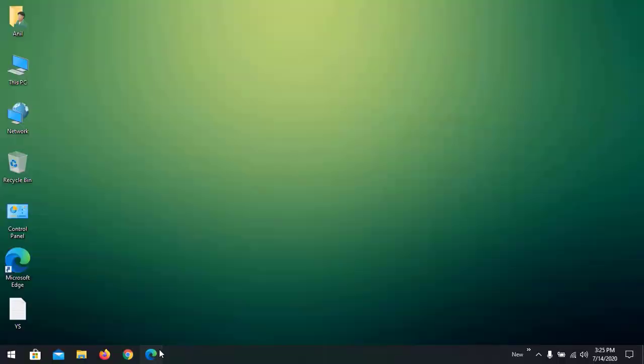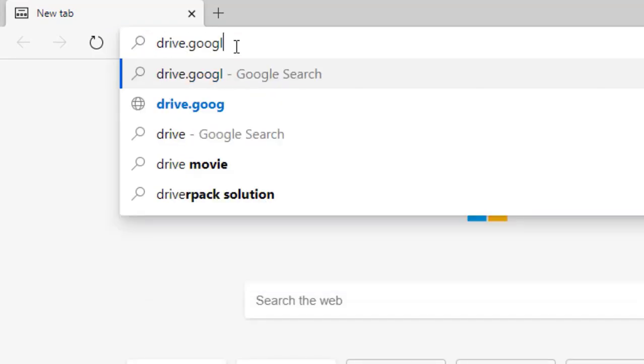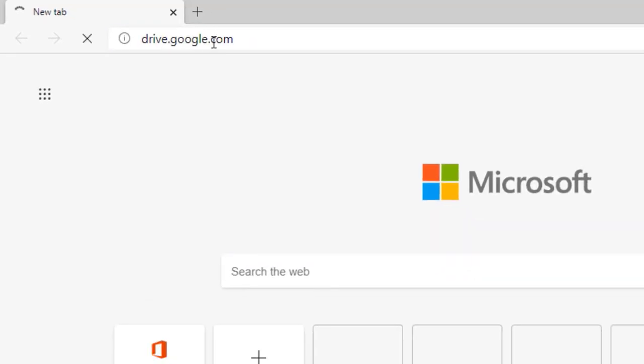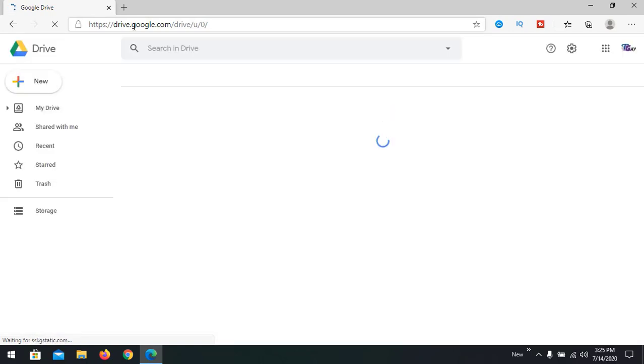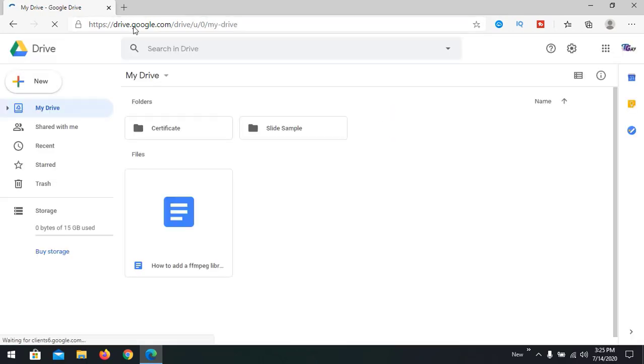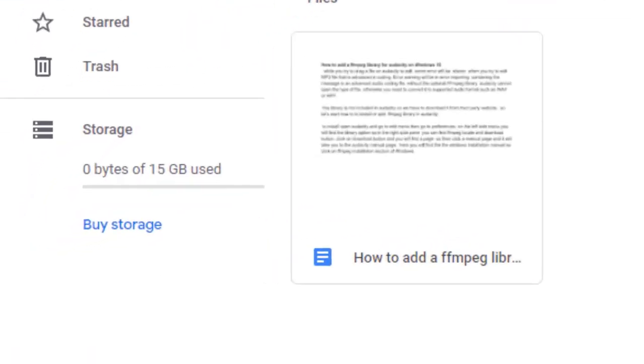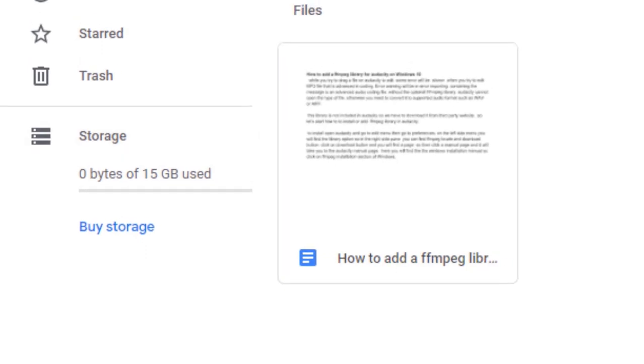To get started, first we're going to drive.google.com. I have already logged in with my Gmail account. This is Google Drive and you will have 15 GB of storage in your Gmail account.